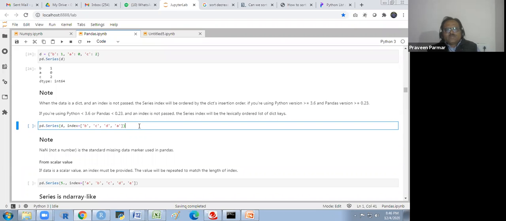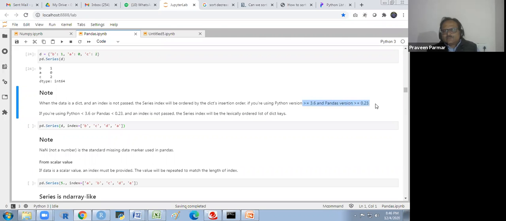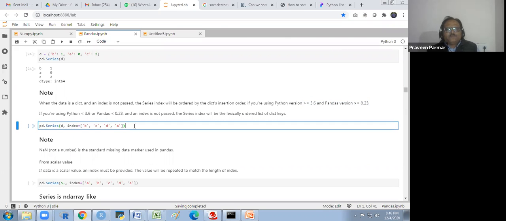If you are using an older version and the index is not passed, the index will be the lexically ordered list of the dict keys. Nowadays we are using newer versions, so don't worry about that.